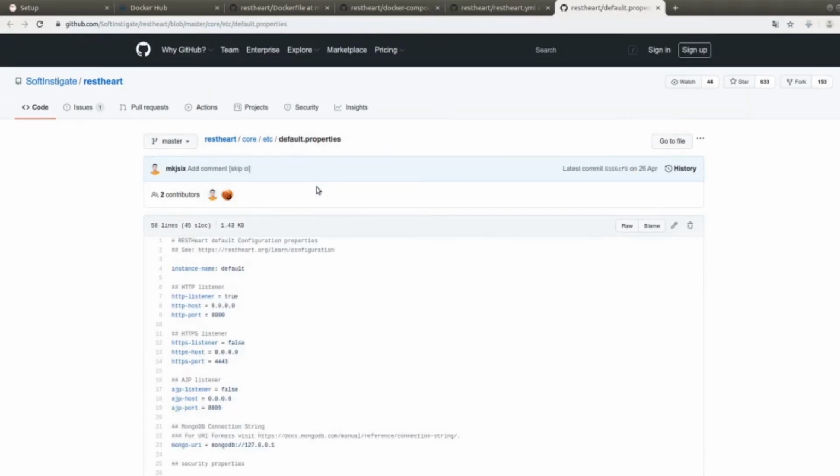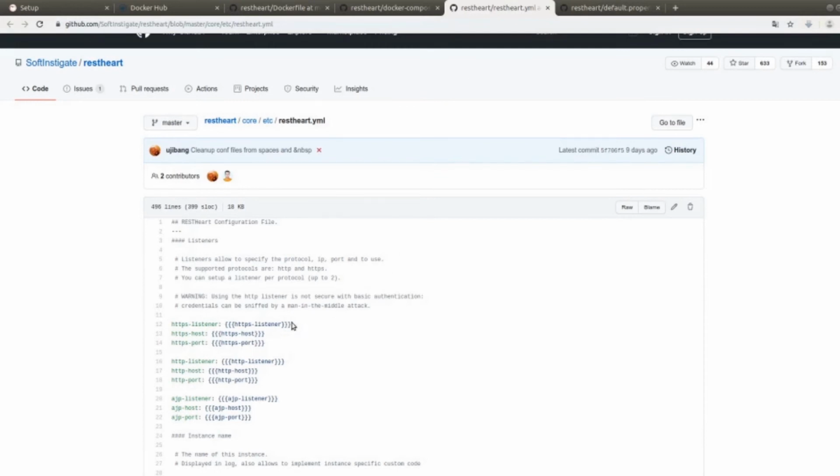The name of the .properties file is arbitrary. In this case, it is called default to show the default settings, but we can also have dev.properties, production.properties, and so on. In this way, we can have different configurations to choose from in the startup phase. Here, the values are assigned by writing the name of the parameter, such as HTTP listener, the equal symbol, and the value. When the Restart instance will start, the different parameters inside the .yaml file will get a value from the .properties file we specified in the command line.